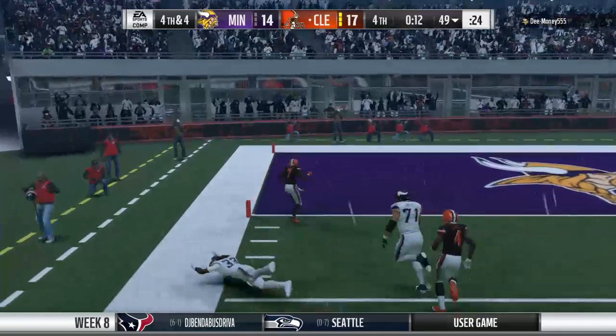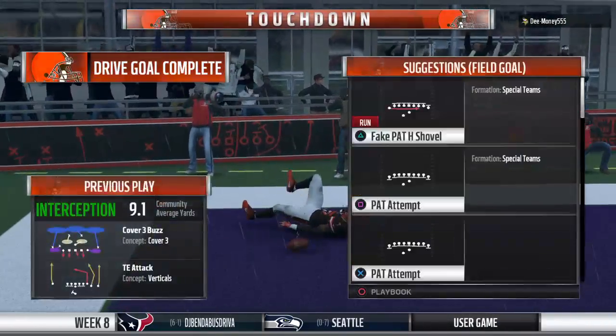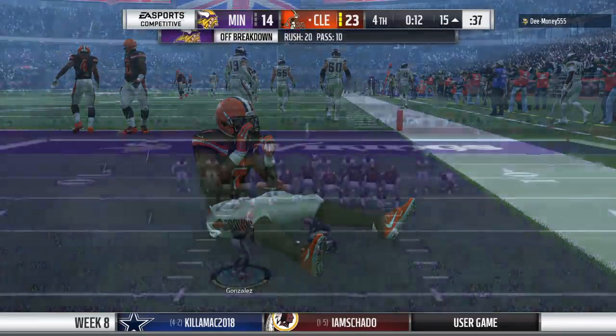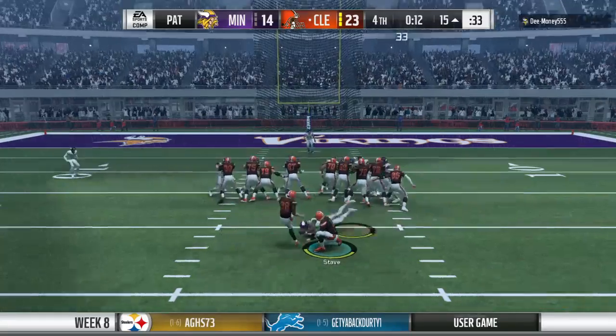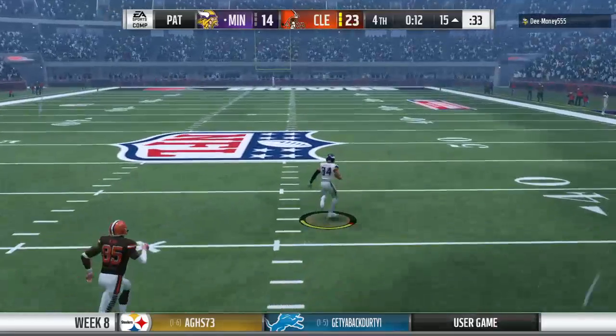There he goes left side. And he takes this one back into the end zone. And the Browns defense has a touchdown. And so much for the game-winning 2-minute drive. I think that interception return there. And, oh, it's blocked. Now it's scooped up. And this is a line. He's got a convoy, and he...